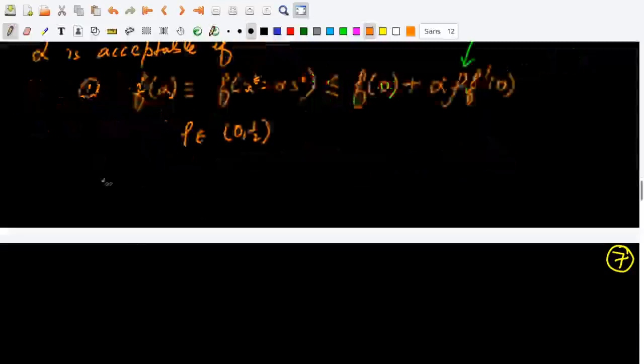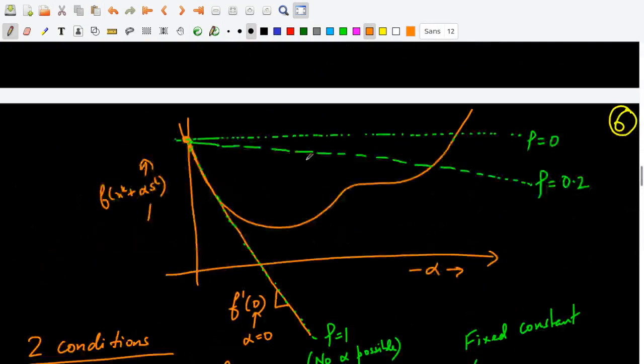Bad points. If I merely have just this condition, then there is a chance that I may still be far away from my ideal point. Also, if I say rho is 0.2 or even half, then points very close to alpha equal to 0 are still acceptable. So I need to chop off points which are very, very close to alpha equal to 0,